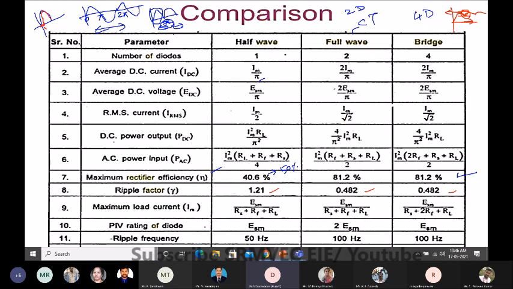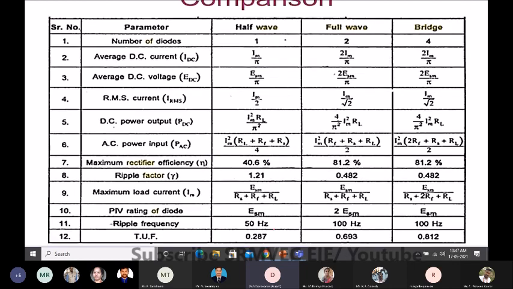Then we come to peak inverse voltage, a very, very important component. That is the value the diode can tolerate when it is reverse biased. If you apply more voltage than the peak inverse voltage of the diode, what will happen? The diode junction will be ruptured. The junction cannot be reformed, so it cannot act as a diode. So you must be very careful about this peak inverse voltage. These are the things we have to concentrate on when going through the parameters.